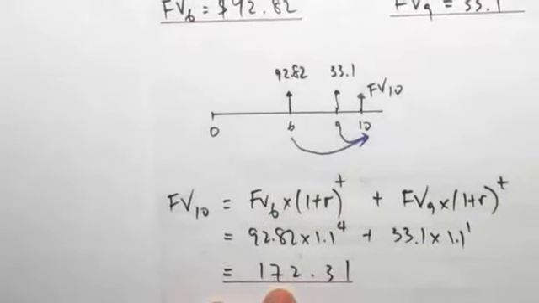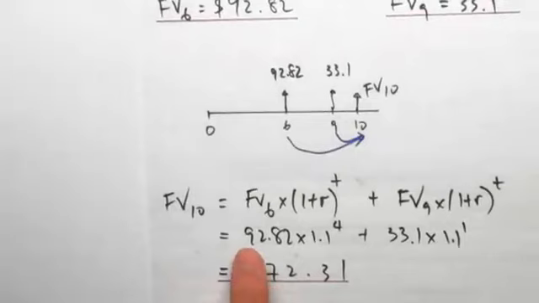So the future value at year 6, which was $92.82, times 1.1 to the 4, because between 6 and 10 there are 4 periods, plus the future value at 9, which is 33.1 times 1.1 to the 1, because there's only 1 period. Then we just add them up and we get the exact same answer of